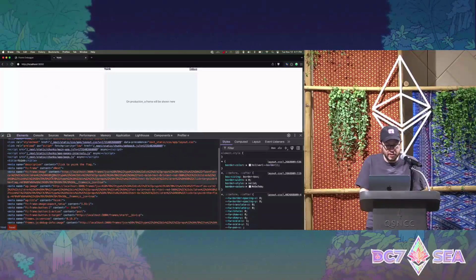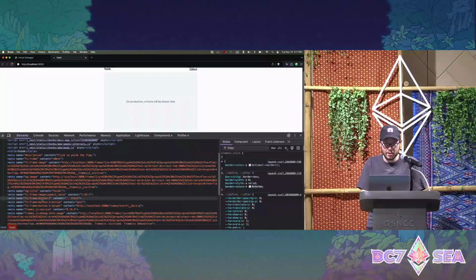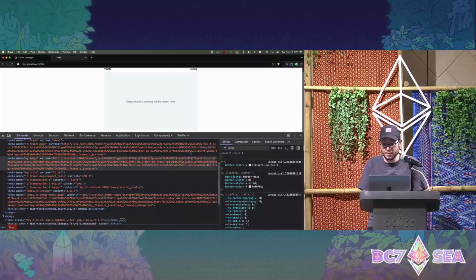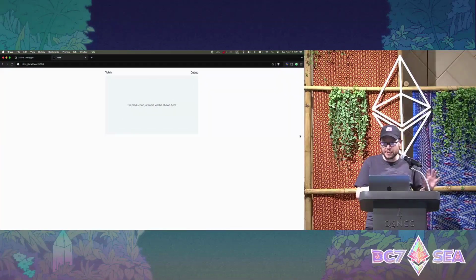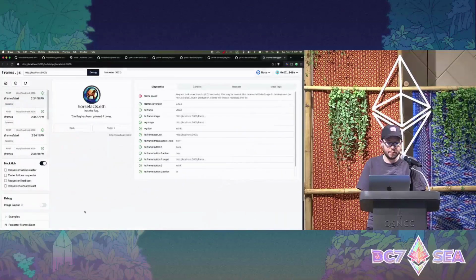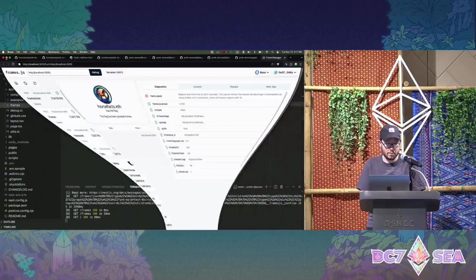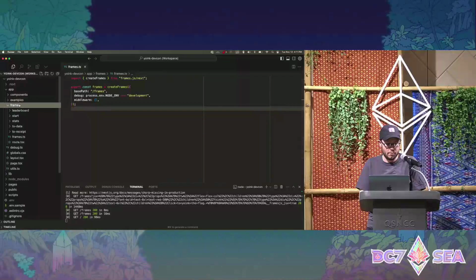So you can see here, if we look in our page markup, we're serving these meta tags that we looked at: FC frame image, open graph image, and our frame buttons from this entry point of our app. Frames.js takes care of injecting this into our homepage for us. We can just work on building the frames using the tools it's provided here in this frames directory.